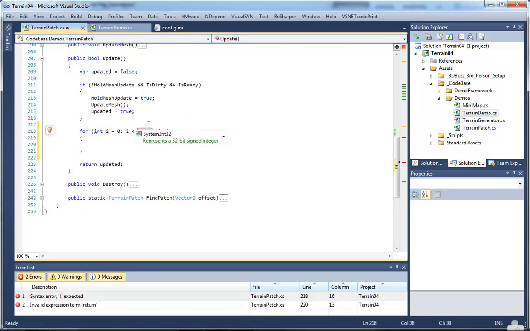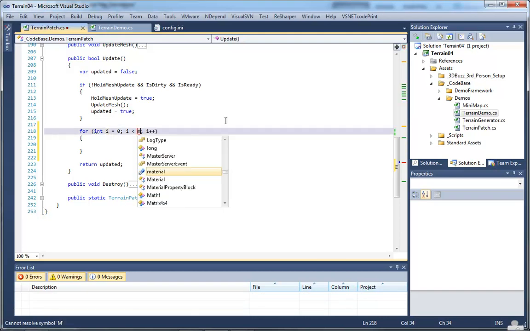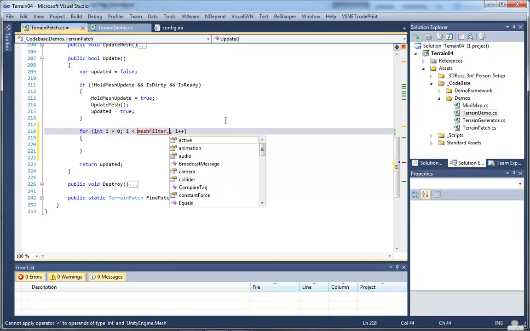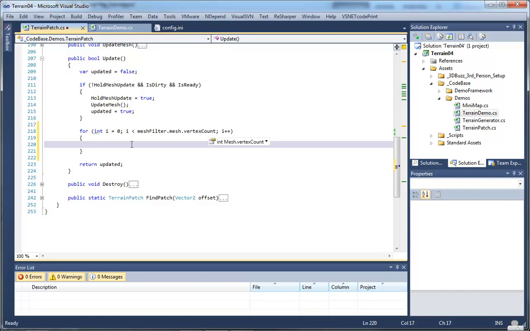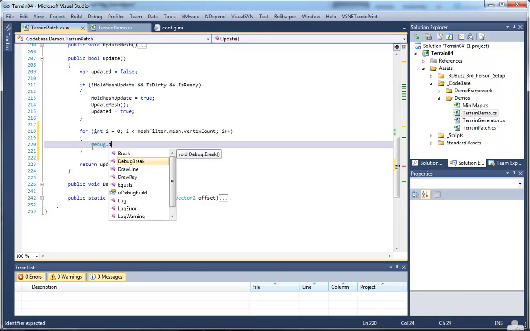All right, now what we're going to look for is our mesh filter. So let's find our mesh filter, and we're going to look for its mesh, and we're going to get its vertex count. So we're going to loop through every vertex inside of our mesh filter. From there, what I want to do is draw a line. So we're going to do Debug.DrawLine,